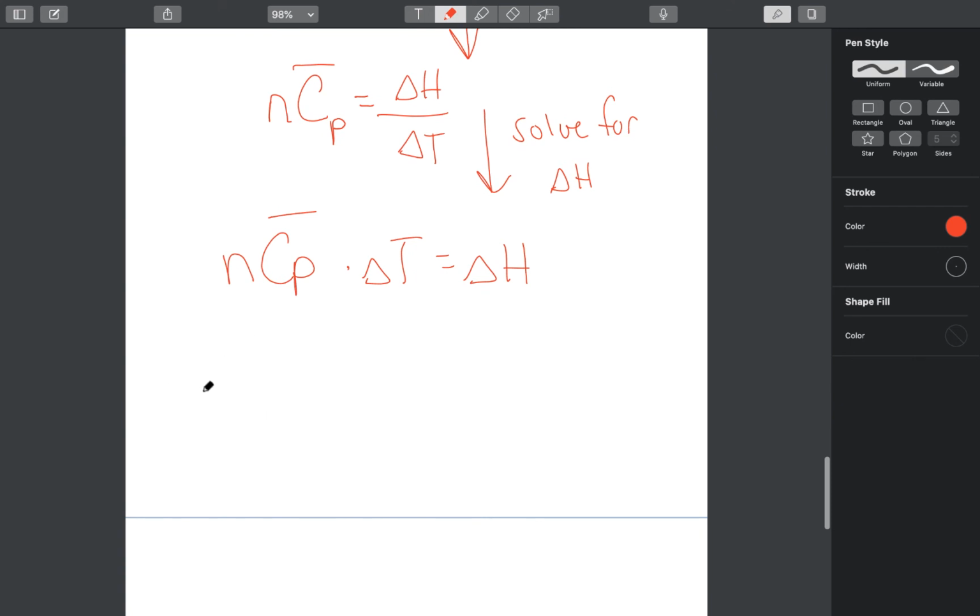Remember, since we're under isobaric conditions, Q, which is equal to delta H, will be equal to N CP bar times the change in temperature,